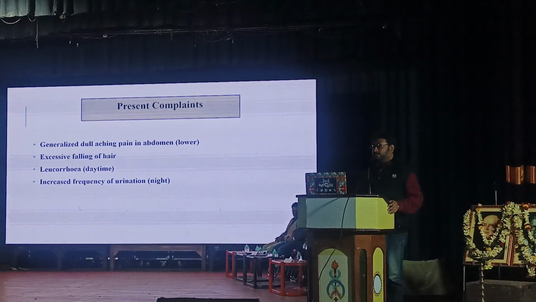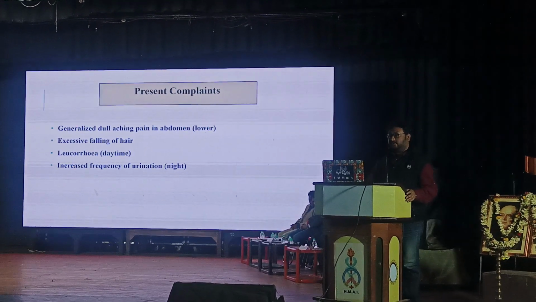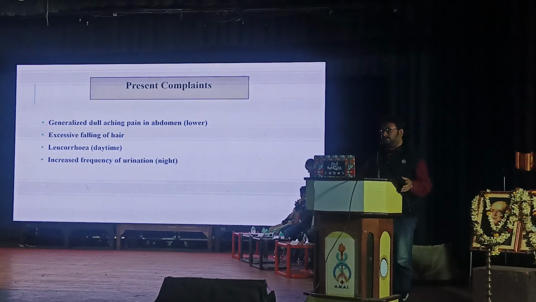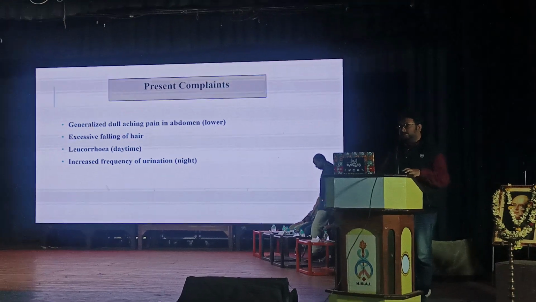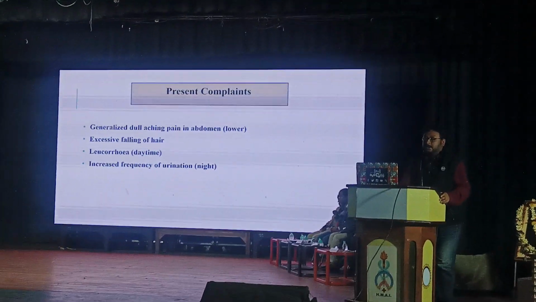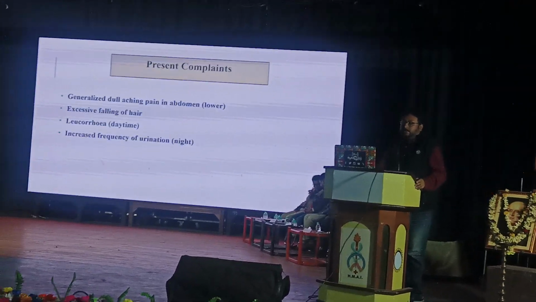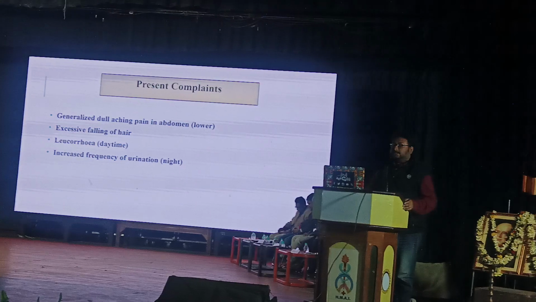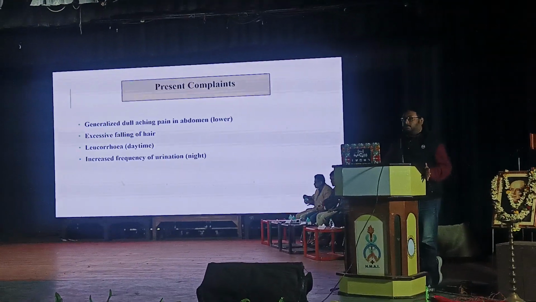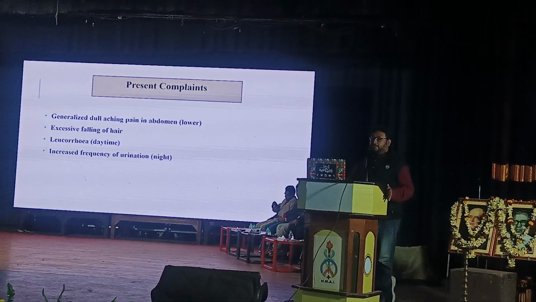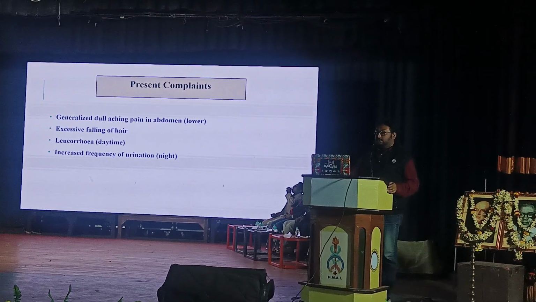So this was the basic presentation, and already understood from the pathologies in the background that the pathologies were not creating the symptoms as you may expect. As I told you, a fibroid uterus might present with severe bleeding episodes or also dysmenorrhea. This patient was having a dull aching pain in the lower abdomen, but this may not be of the fibroid, because if I show you the slide